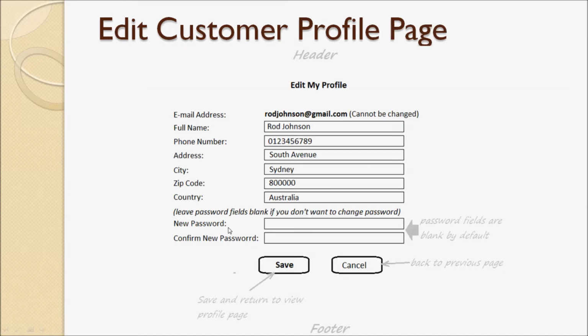And this is the user interface designed for the edit customer profile page. You see all the